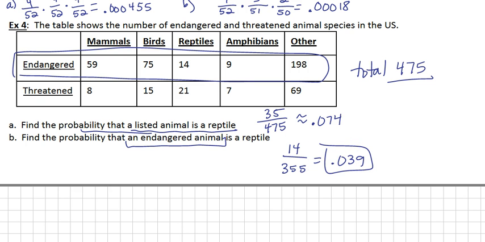Now we're going to do more practice with that example 4 in class, but please make sure you write down any